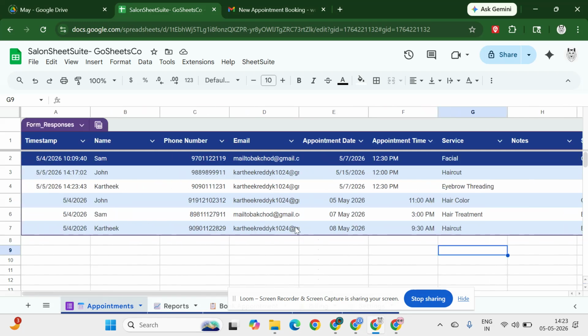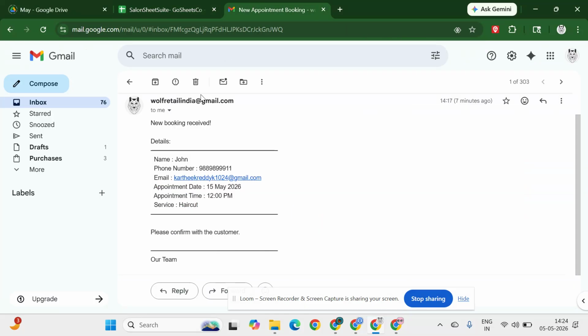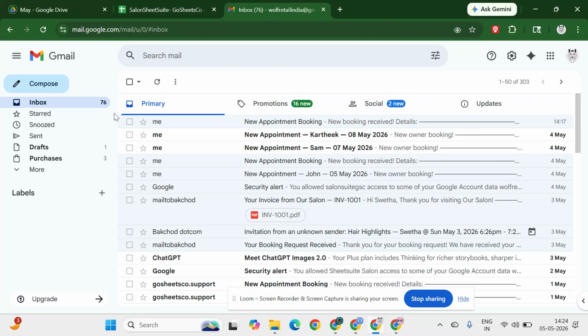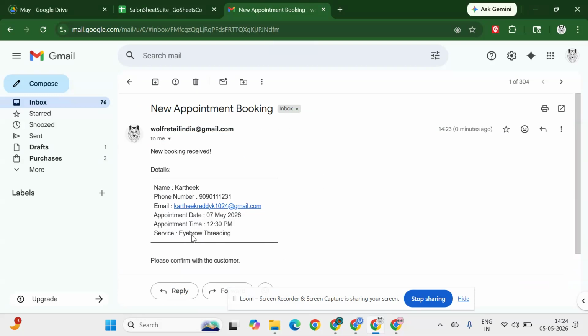this is the service we made. Let's say you want to call them and confirm, or if you want to update anything, you can manage from here. And you'll also receive an email confirmation that you have a new appointment,